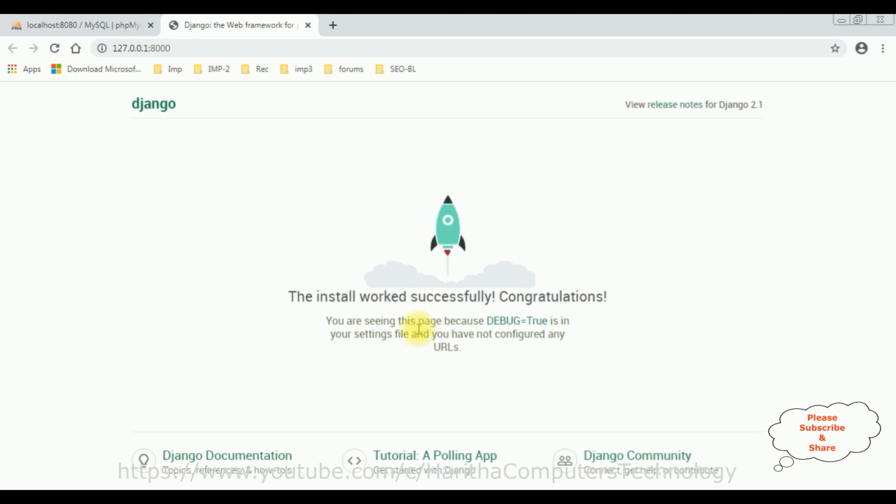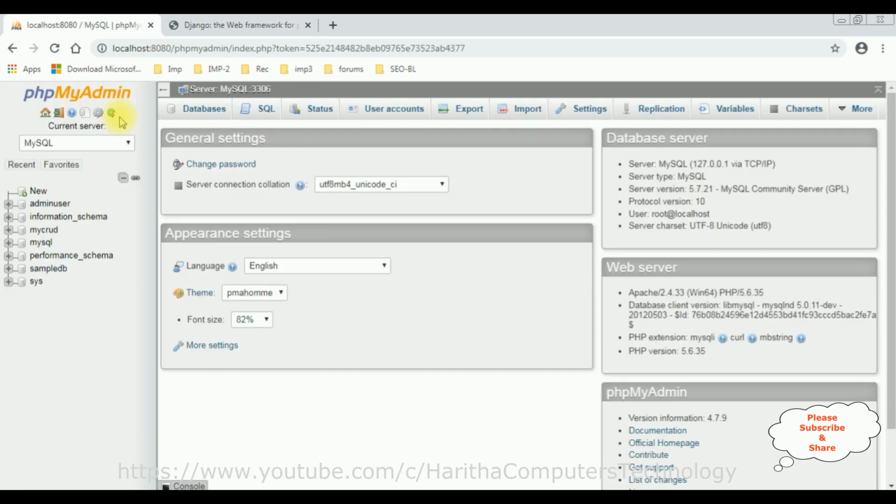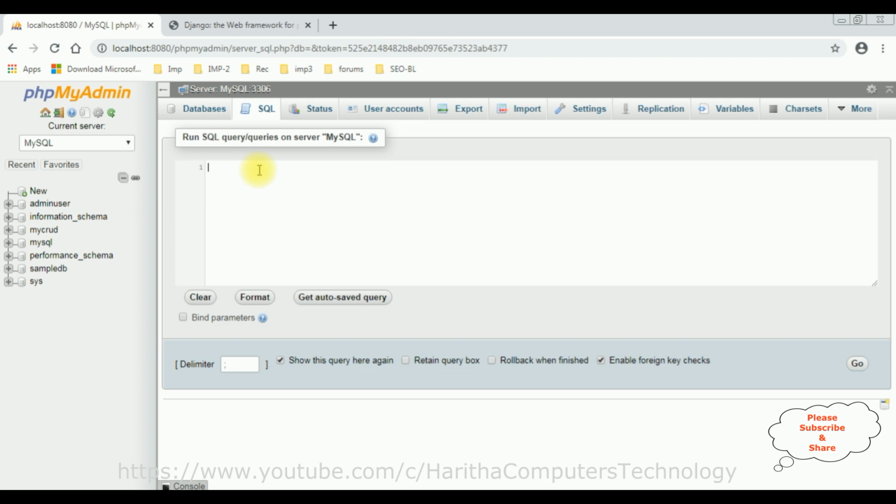Now, before creating our custom table and migrating it into the database, let's first create a new database in this phpMyAdmin database. To create a new database, go to home page first. In the home page, select SQL, click SQL, create database.